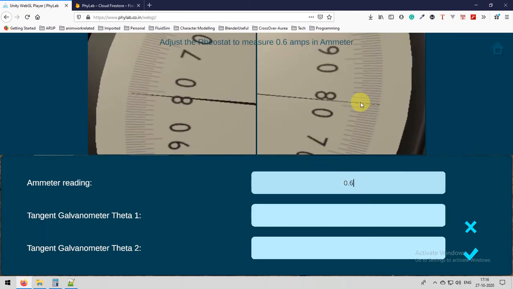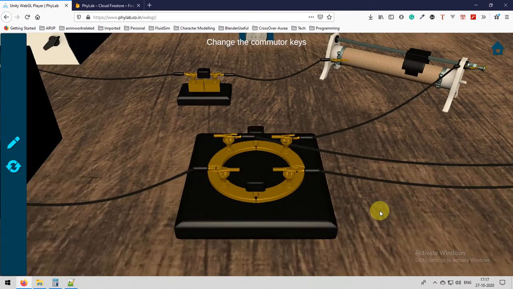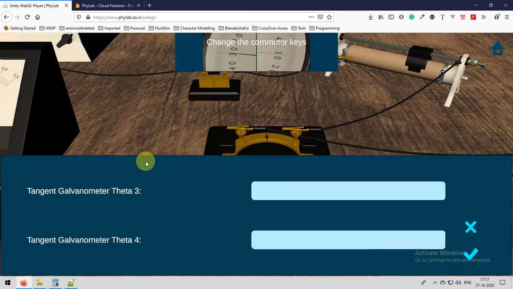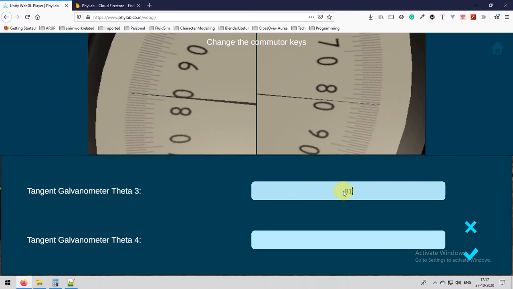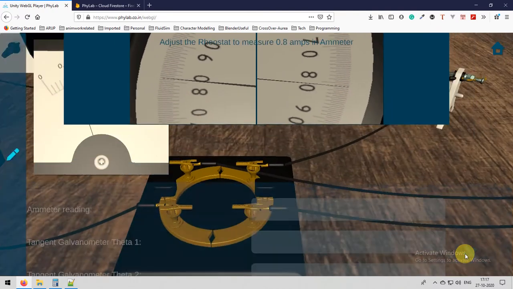Now it is 0.6. The ammeter reading is 0.6, and then 81 is the theta 1 value, 82 is the theta 2 value, and then swap the commutator keys, and theta 3 is 81, theta 4 is also 81.